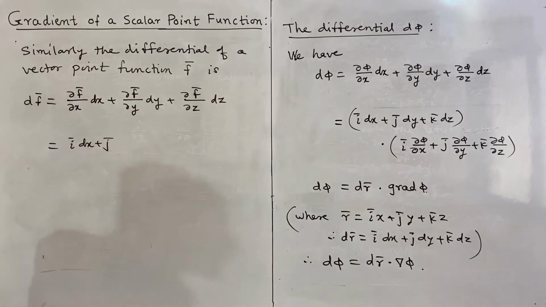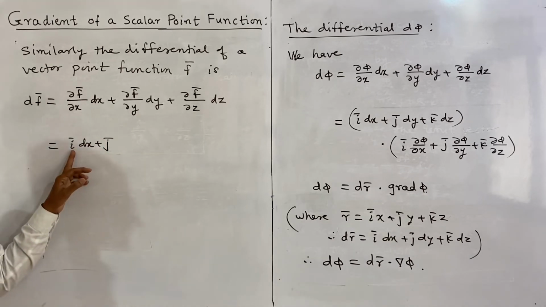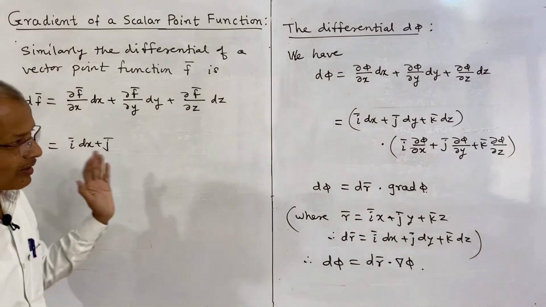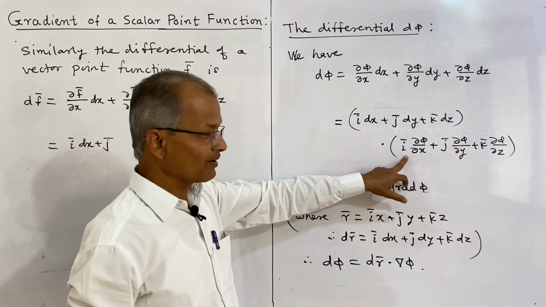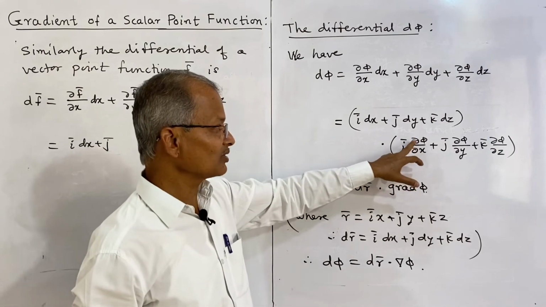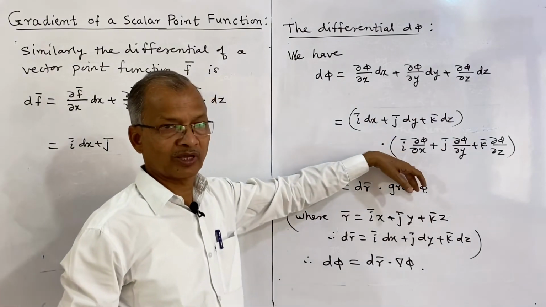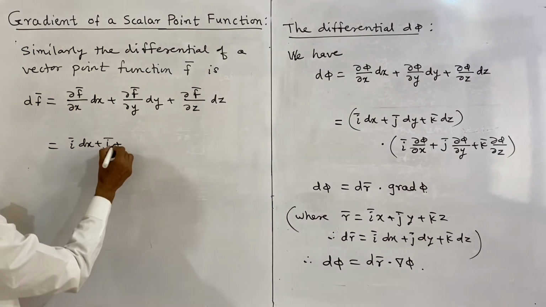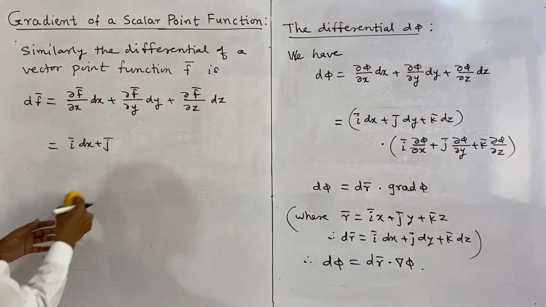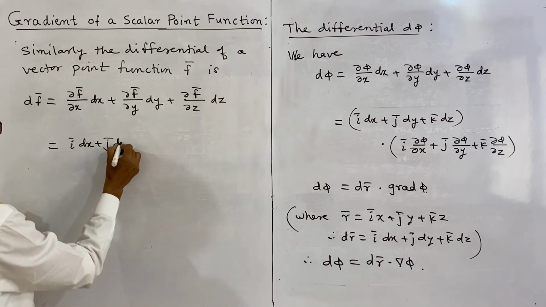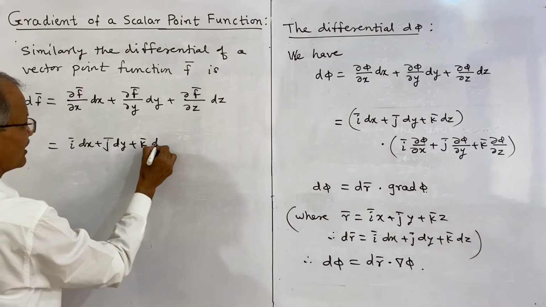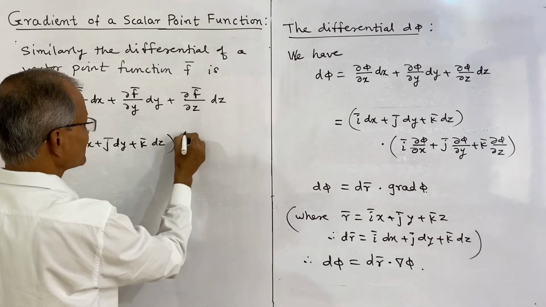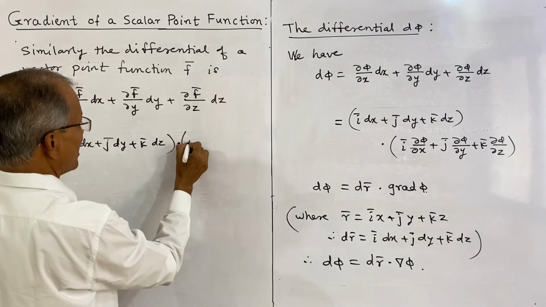We are purposefully writing these unit vectors first, because in the del operator we have to write i first and then the partial derivative of phi with respect to x. So in each expression we are writing these unit vectors first in the term. This is the first vector, and the second can be written as